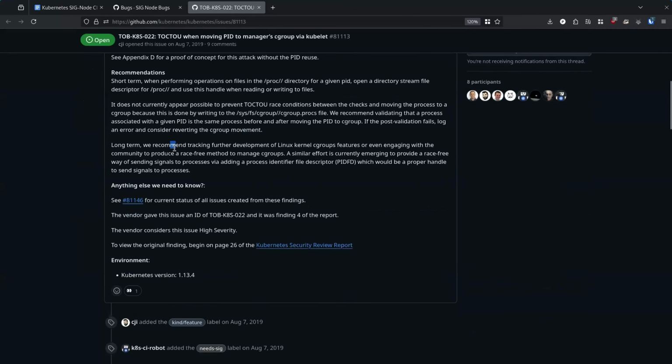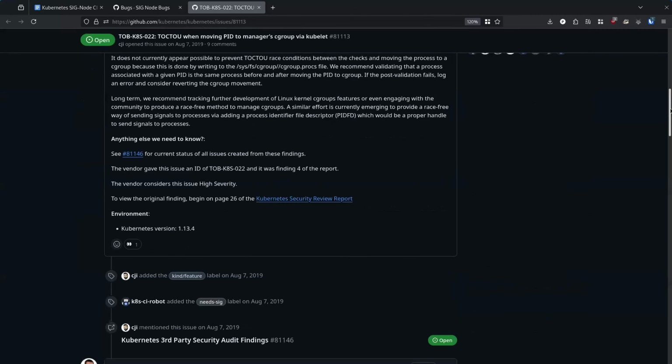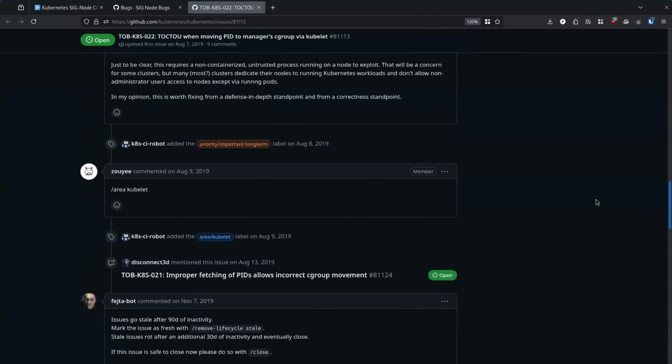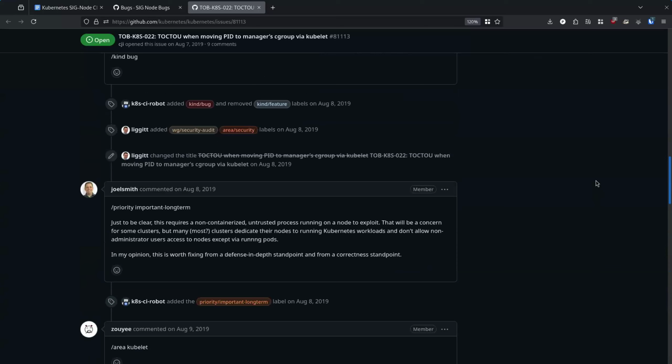Yeah, we hit this in cryo also. One day there will be PID-FDs in Golang. That will help with this, but